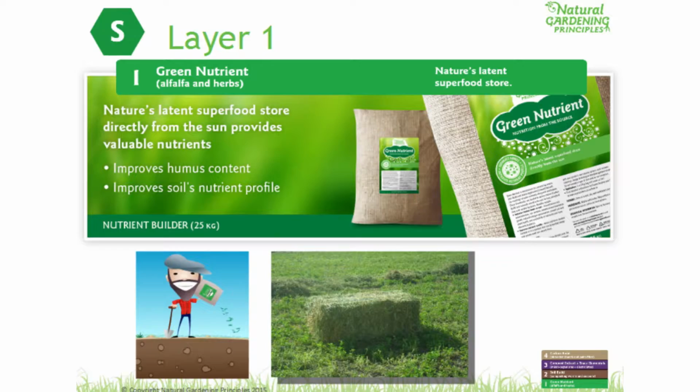Lucerne is a legume, and it retains its nutrition. So it's a very good material to use for your green layer. So that's what we do. We're doing wonderful tests with other herbs that we're drying, seeing what the earthworms like. There's some herbs that earthworms go ballistic for. So we're developing relationships with farmers. We'll be growing these herbs. By next year, we'll be blending it. But at the moment, it's lucerne, wonderful results. And then we recommend,